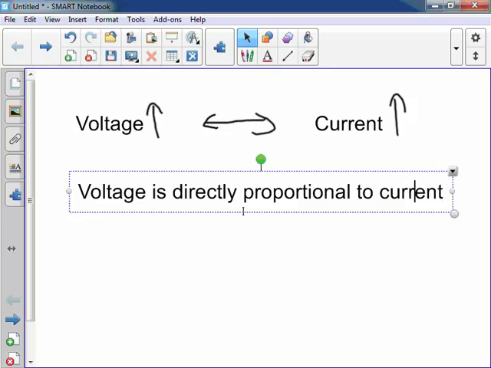Okay. So what I'm trying to do right now really is to make some nice mathematical equation that will tie voltage and current. Unfortunately, just this relationship alone is not enough to give us a nice formula to use, because there